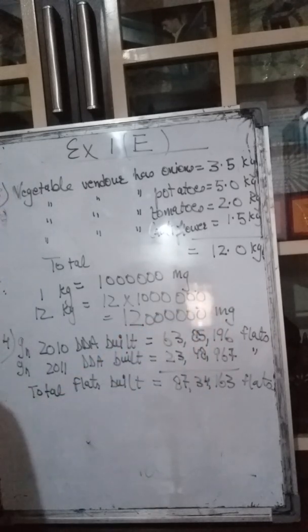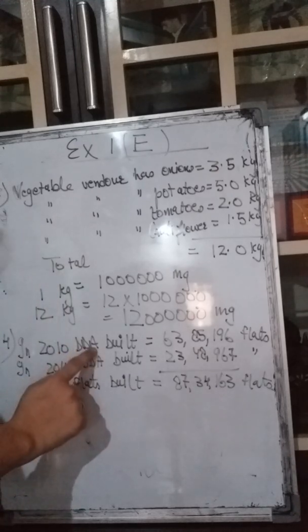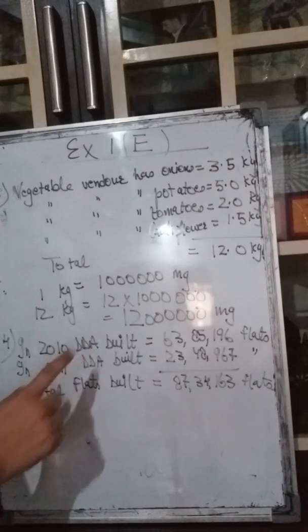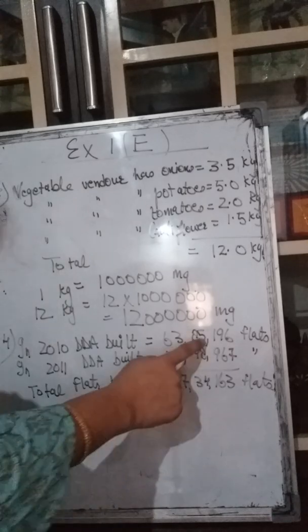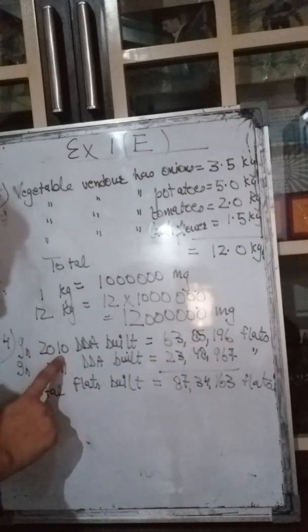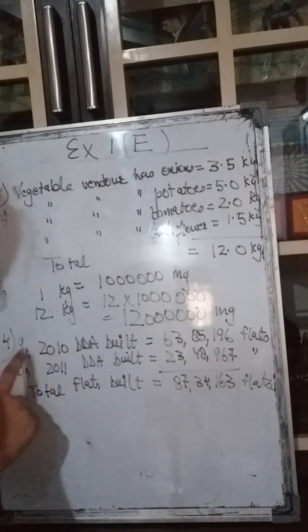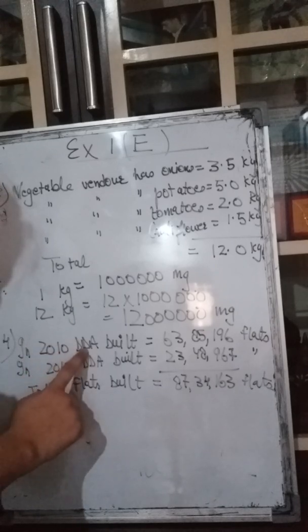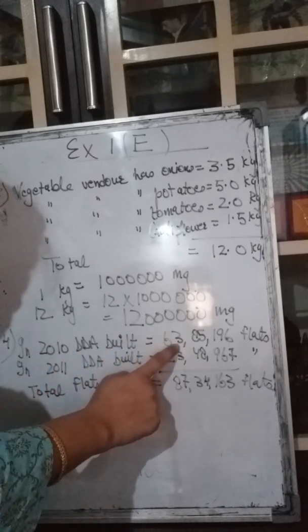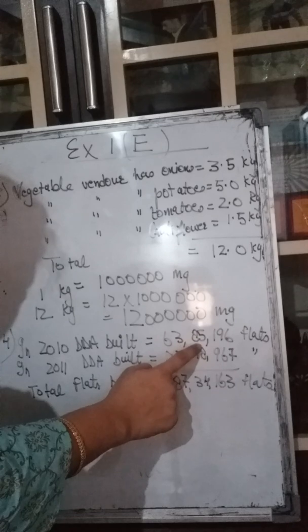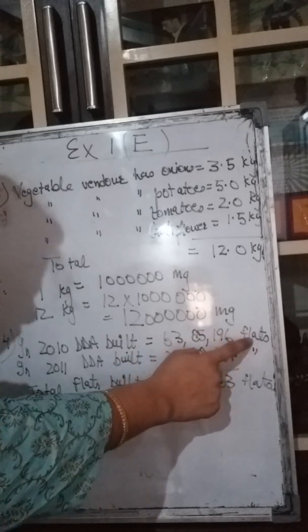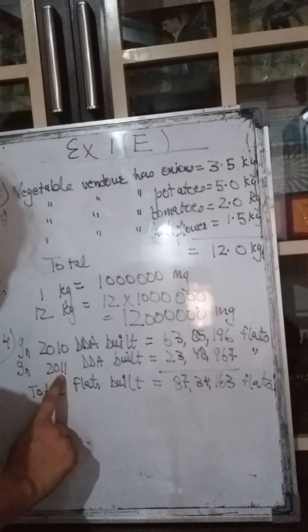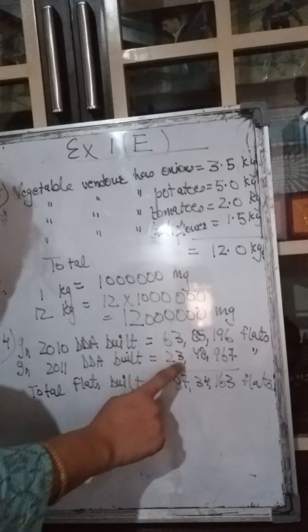Now we come to the fourth question. Fourth question says that the Delhi Development Authority, that is DDA, we can write the full short form. It built this many flats in 2010. So how will we write the statement? In 2010, DDA built 63,85,196 flats. In 2011, DDA built